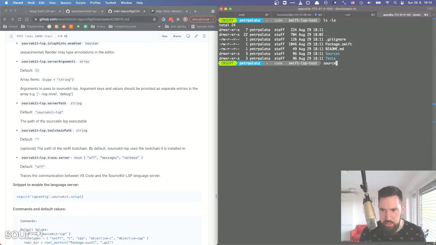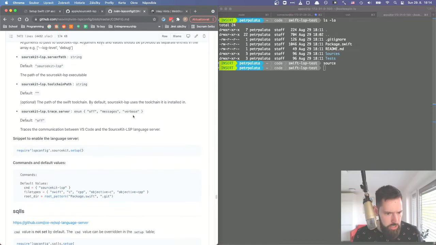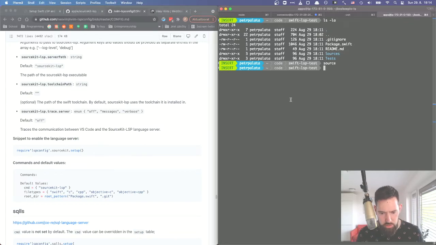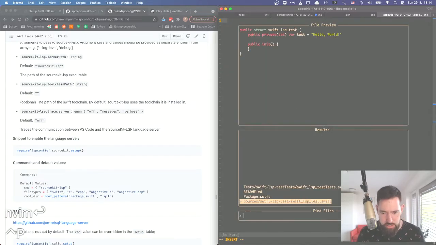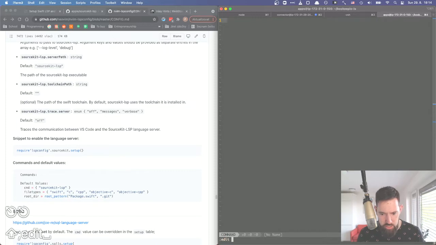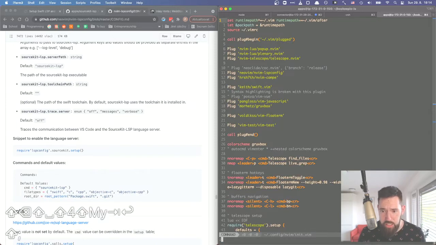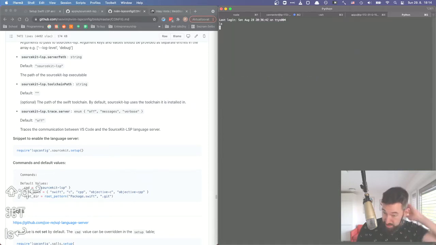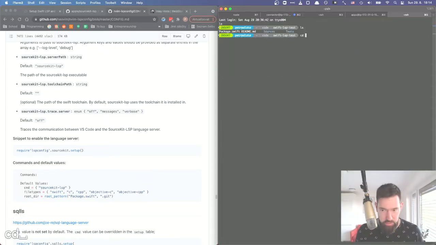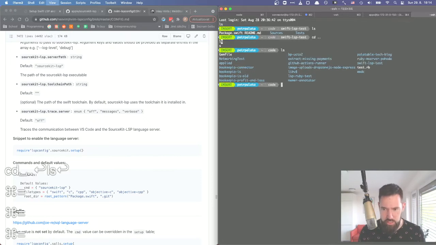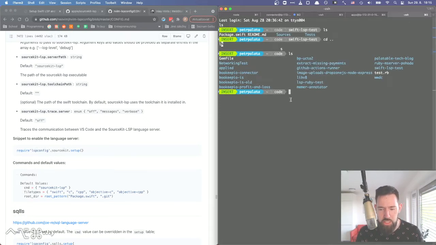Server path default is sourcekit-lsp. Can I run sourcekit-lsp? So this is recognizable from the path, so we should be fine here. And okay, so all there's left to do is to actually edit the config. And I can, okay, let's do it. Let's do it directly from the folder,